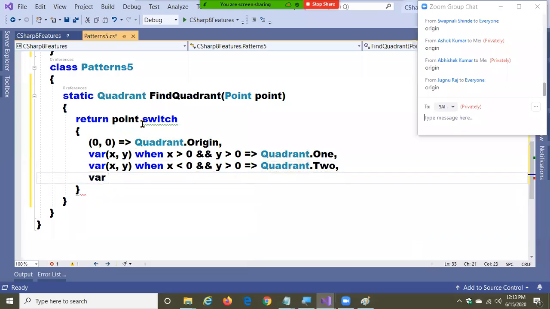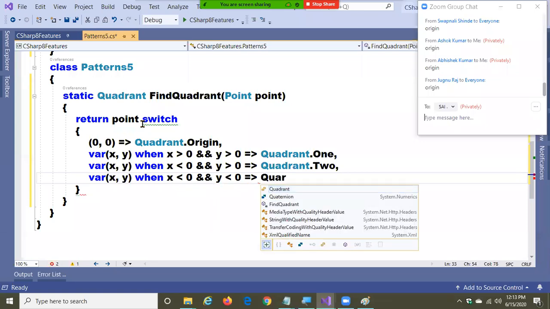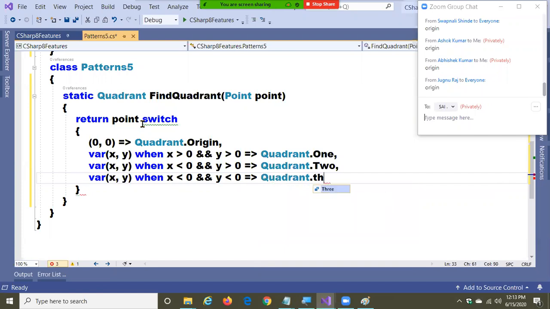Where x comma y, when x is less than 0 and y is less than 0, quadrant dot 3.